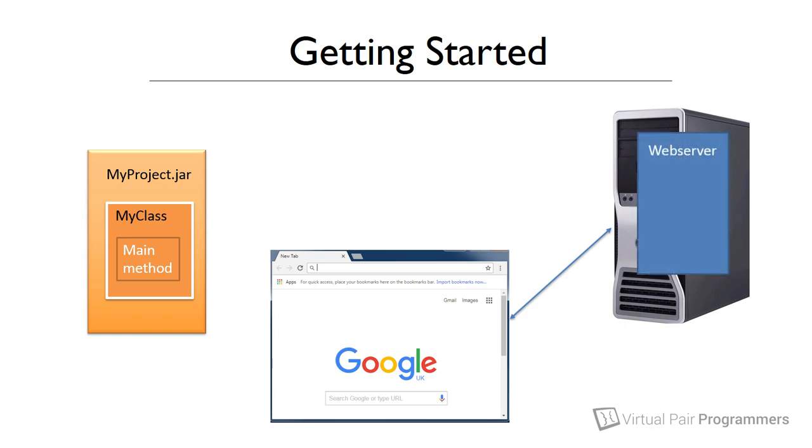This might sound a bit confusing. The physical hardware, the machine with the processor, memory and hard drives, is a server, but it can't interact with the browser on the client computer unless it has some software on it that does this, and this software is called the web server software. So web server software can do a few things, but primarily it will sit there listening for requests from the clients, and then when it receives one of those requests, it can do the processing and provide a response back